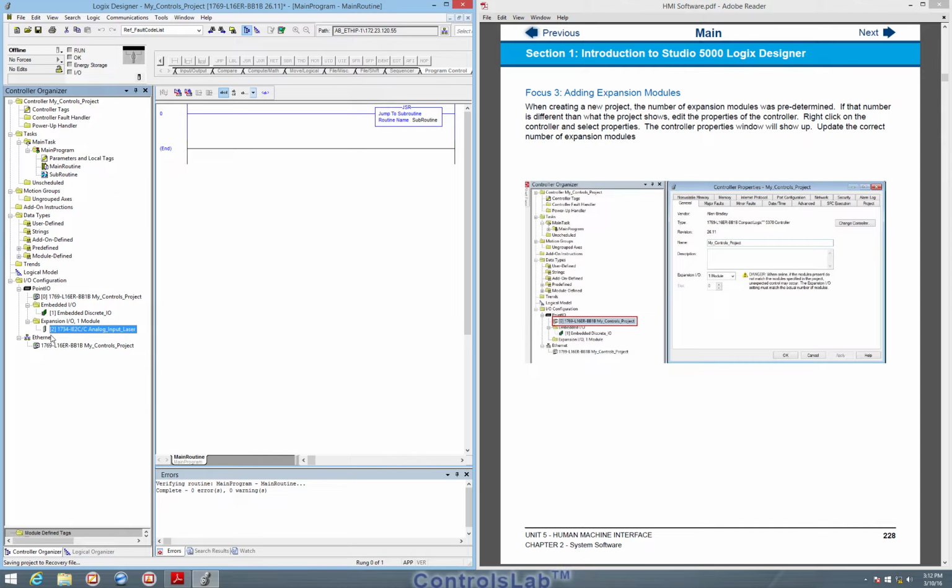Notice that the expansion module is slot 2 of the PAC, not slot 1. You would think expansion module 1 would be in slot 1, but that's not correct. Slot 1 is reserved for the 16 channel I/O of the PAC. So that's our onboard 16 I/O channels in the PAC. So slot 2 is the 1734 IE2C. We will need to be careful with this later when we're programming these specific